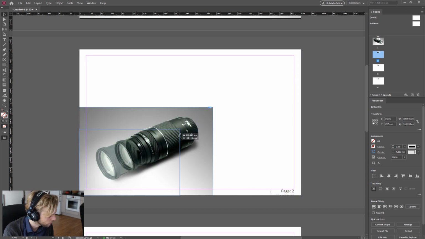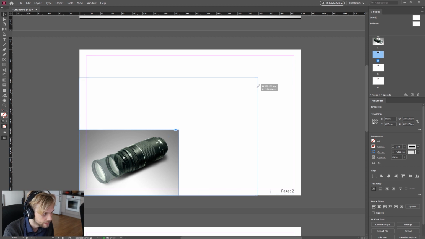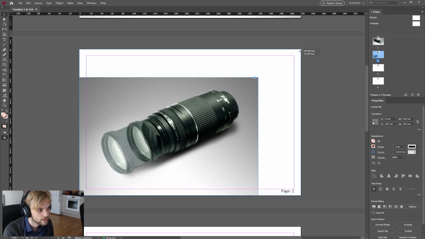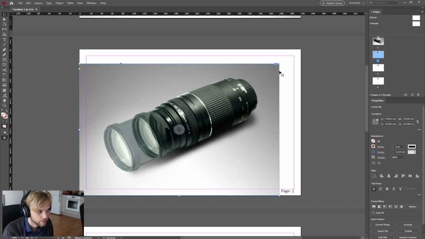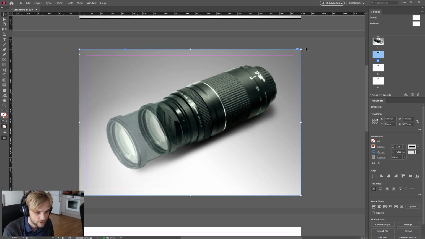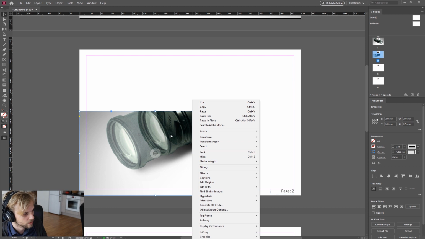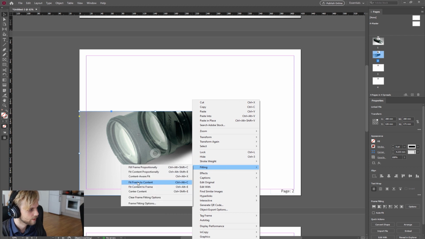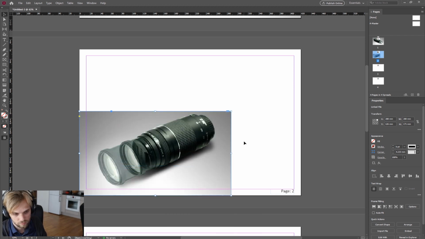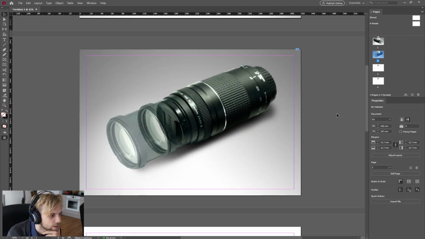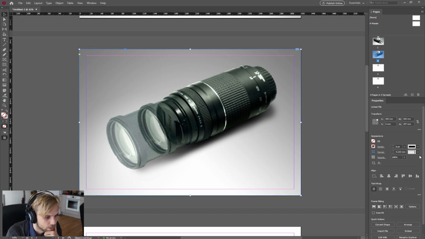Yes, holding down Control and Shift at the same time, clicking and dragging on the corner will not let me break the proportion. If I'm not holding Control and Shift and I click and drag, this will happen. So if this happens, you can still do the thing that I showed. You right click on the image and go to fitting, fill frame proportionally. So you can still do that, but it's much better to just hold Control Shift and drag. Okay, back to our